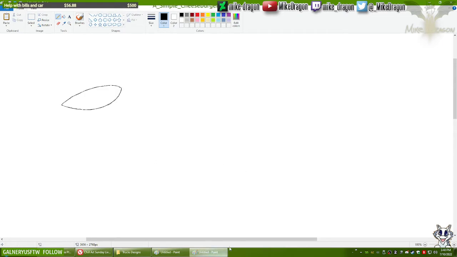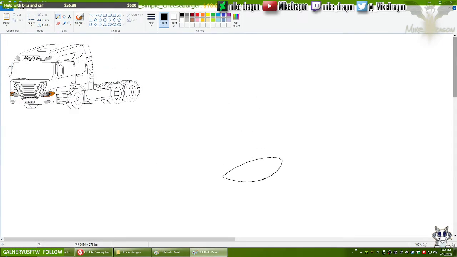You know? Though I do feel like the curve on this side should be a little bit different. Either that one or the one on the bottom. Actually, probably the one on the bottom here. Yeah, this one. Both this. Just a little bit. Yeah, that should be good now.